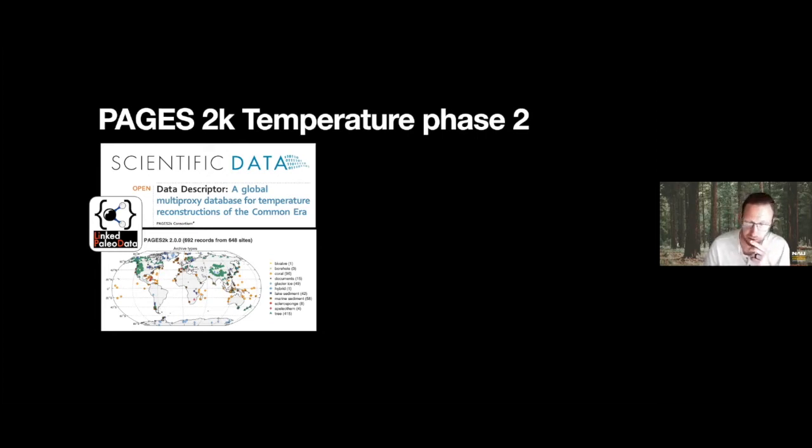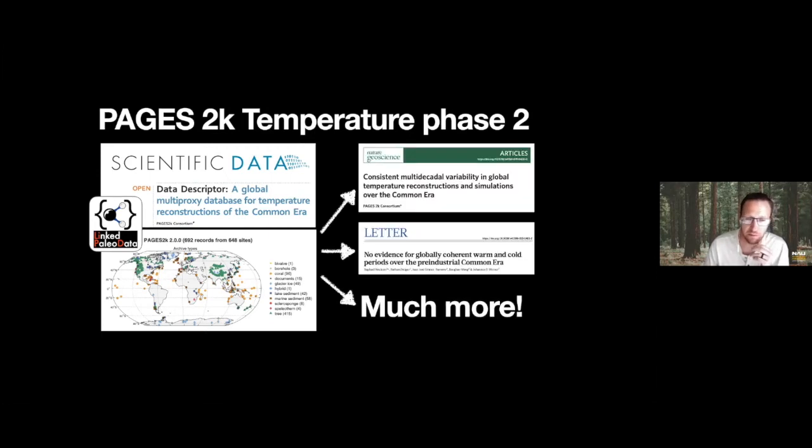And so this came out in 2017, and having all those data organized in that framework, and then being able to develop code bases around those to do temperature reconstructions and other things led to some really key publications that came out over the past few years, looking at time series reconstructions with different methods, climate field reconstructions with different methods, and a lot more science. We've seen these data be really broadly used.